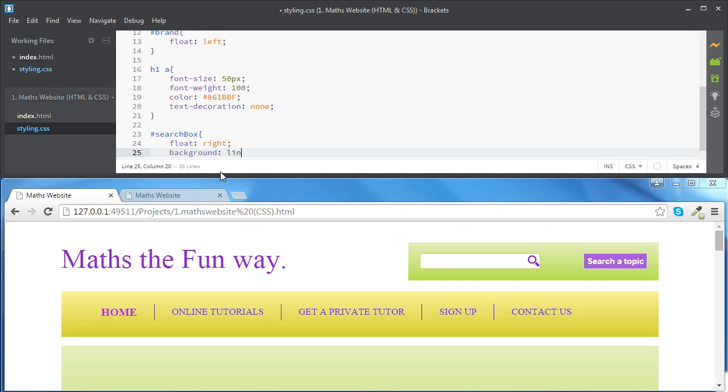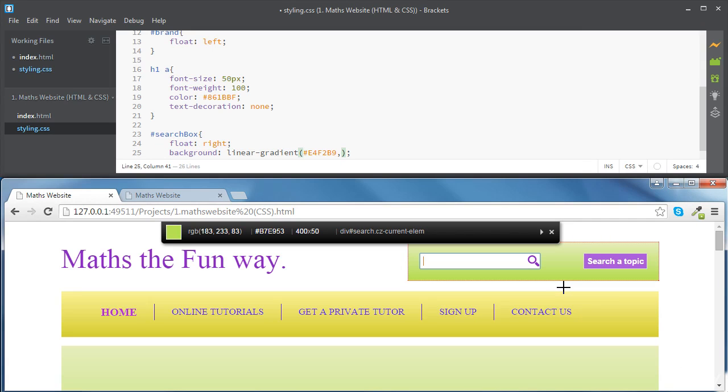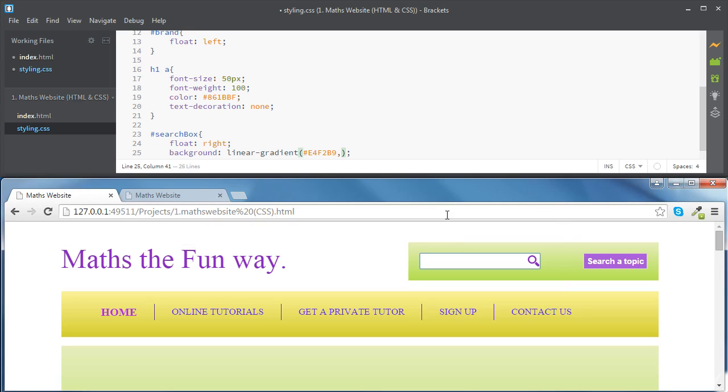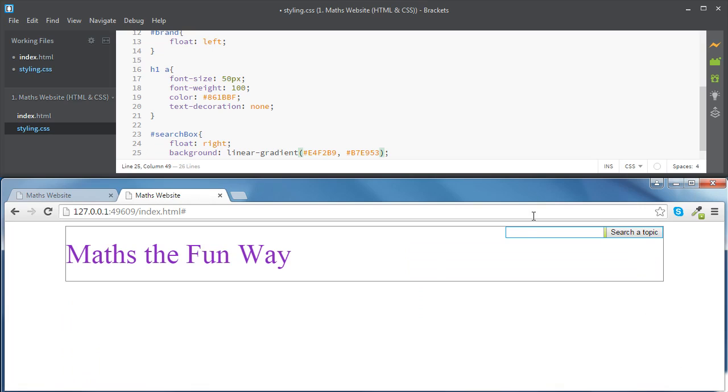So the syntax is linear-gradient, and then inside we're going to place our colors. The first one is this one. And then the second one is going to be the bottom one. And let's go for this one. Okay, let's paste it there. And now we can see that our search box has got some background color there,